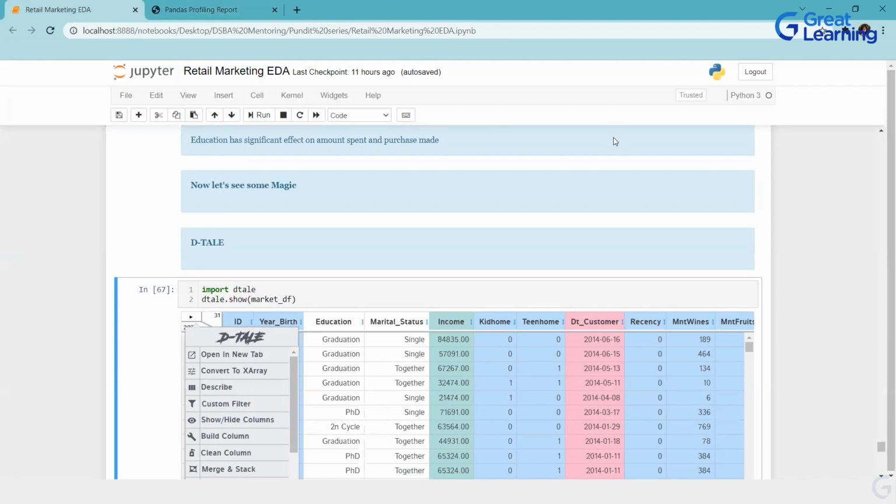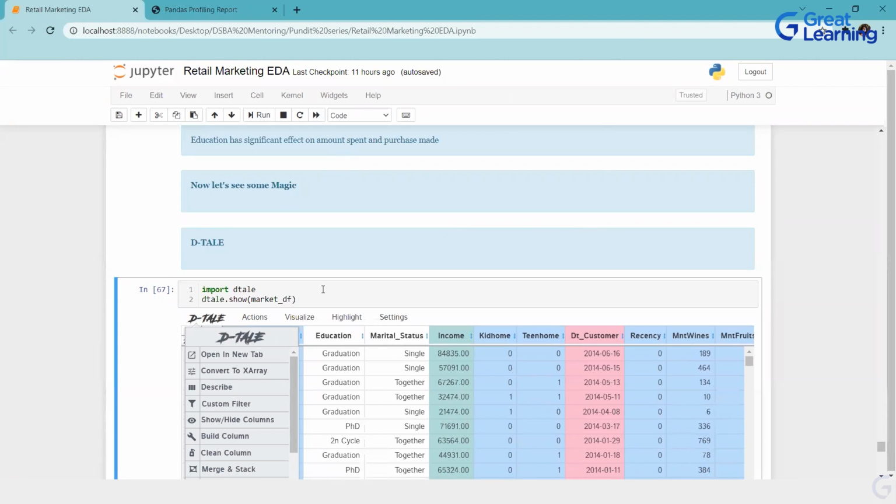Let it load. How do we get Pandas profiling on the exam platform? Which exam platform are you asking about? Don't ask about your quizzes and all. Quizzes you won't be able to get, but yes, you would definitely be able to get it in your Jupyter notebook. Can we copy-paste the images to a PPT? Yes, you can. Take a screenshot, or you can store it also. Just Google how to save images from dtale, and you will get all those things.